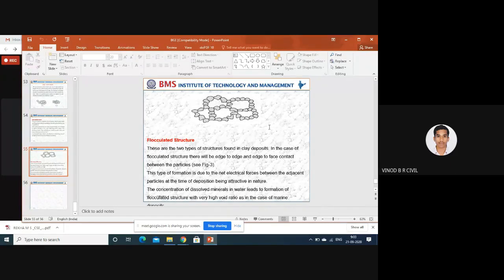There is the good example of edge to edge. It means inside the edge there are also soil particles, and the air voids and water voids are completely zero. See, in your first one, the honeycomb structure, we can't expect water voids, but at the same time we can expect air voids. Compared to water voids, air voids are the more dangerous. Here in a clay deposit, we can't expect both the air as well as the water particles.